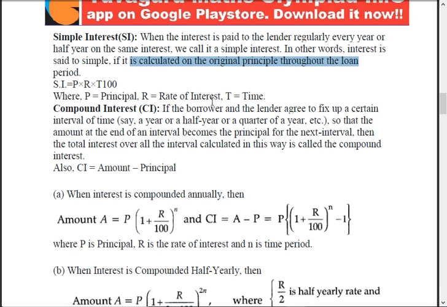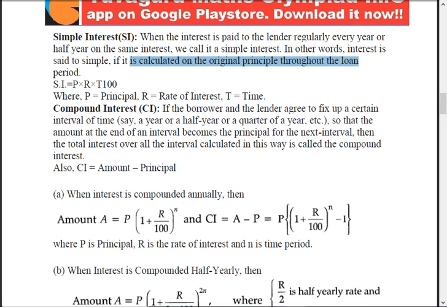Okay. Now compound. Compound means interest on interest. Always remember, suppose you take some loan from somebody and you have to pay some interest, but if you don't pay it, then that person will charge you interest on that part also, which you have not paid. Suppose you take 100 rupees from someone and you have to pay him 10 rupees every year. But if you don't pay that 10 rupees, then the lender will charge you interest on 110 rupees, not on 100 rupees, because you have not paid it.